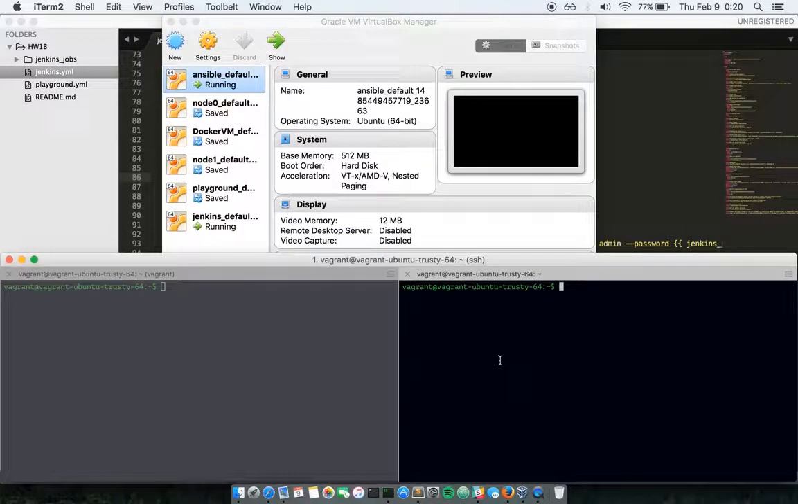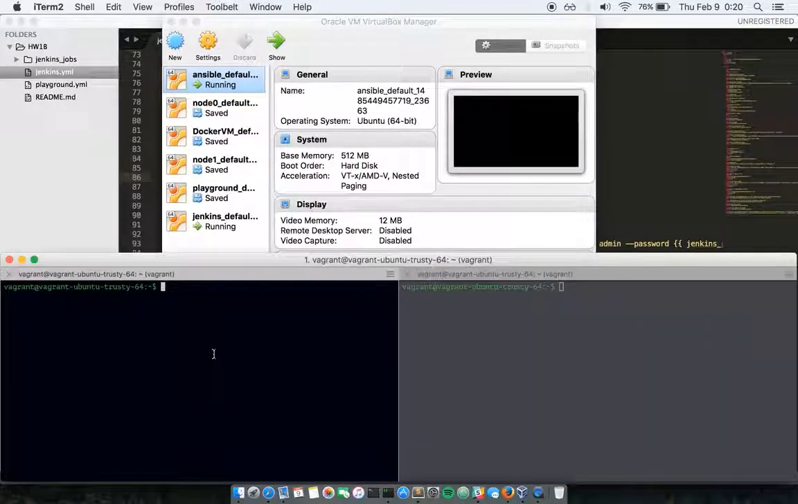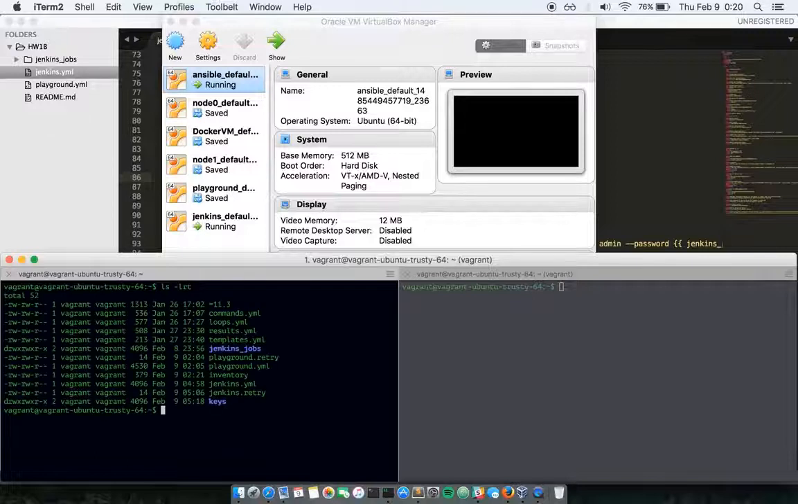So on my right hand side here in my terminal, this is my Jenkins VM. As you can see, I don't have anything present here. It's a simple bare bones Ubuntu image. I don't even have Java installed. Cool. And on my left hand side, I have the Ansible VM, where I already have Ansible installed, and I